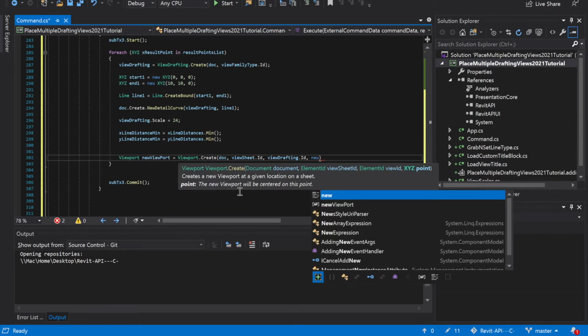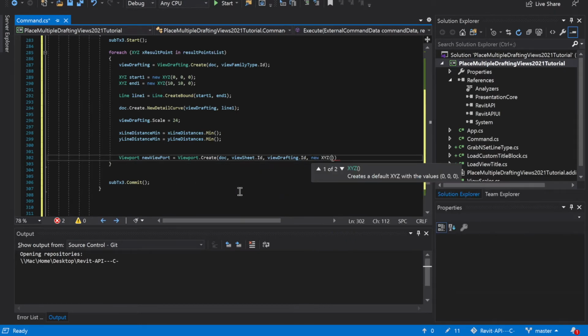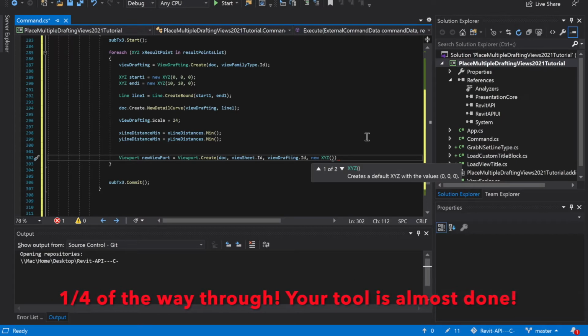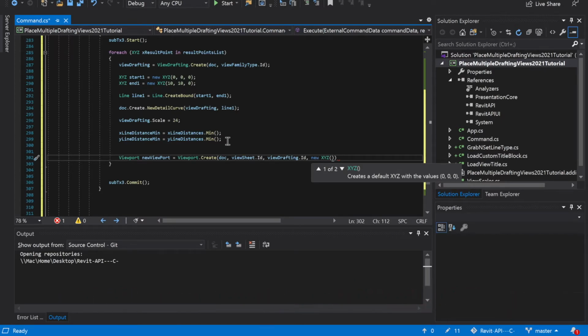new XYZ, and we're going to tell it. So when it places a viewport, right, it places the center of the viewport. Okay, so we need to tell it where the center of the viewport is, and so that's what these distances were, right? So here again, we grab the horizontal and vertical values of our orange lines, the distance between the lines, and so now we're going to tell it to move over x point plus these distances. And I'm going to show you how to do it right now,